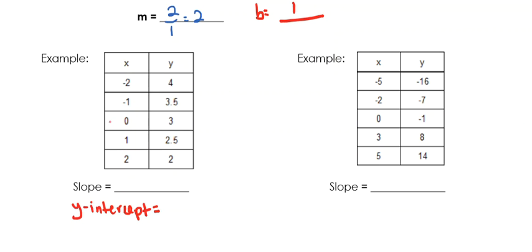So remember, y-intercept is where x equals 0. So this is 3. That's the easy one. And now you're just going to do what is happening here. So you're doing 4 to 3.5 is minus 0.5, minus 0.5, and you want to keep checking. This is something you don't want to assume, because there might be problems asking you